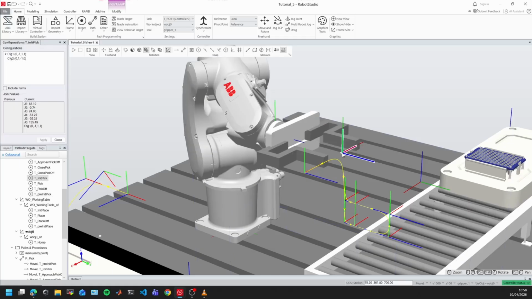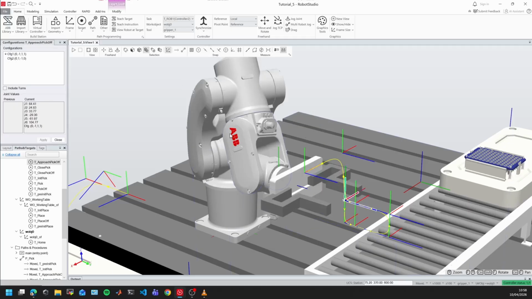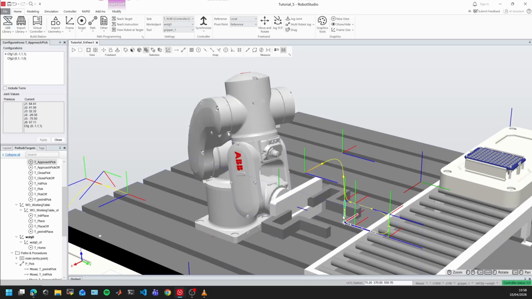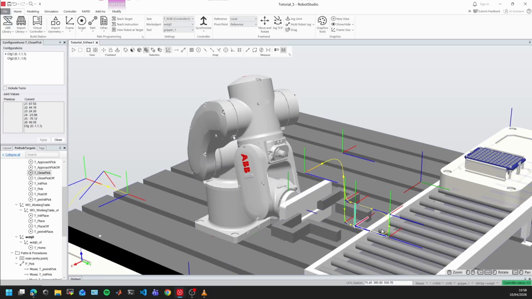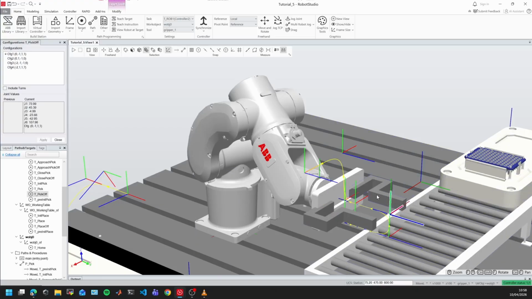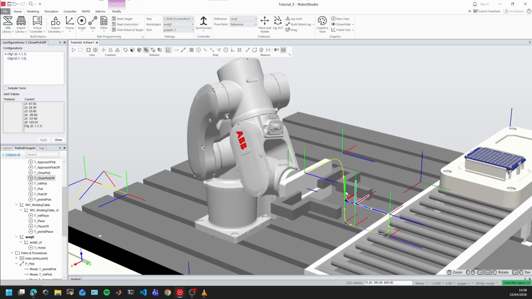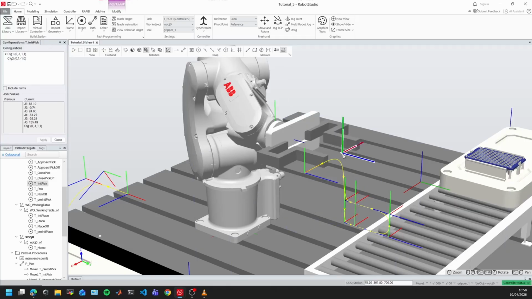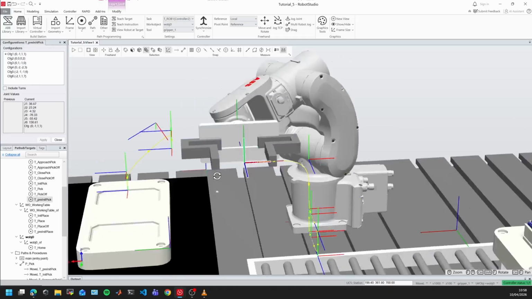Then I'm going to go to that point. You see, it didn't rotate too much. I'm going to go next to this point. It didn't rotate too much. Then to the other point, it's the same. Then I'm going to go this way. That's a good movement. And then go back. So you can see